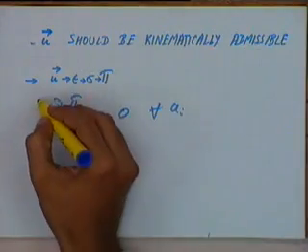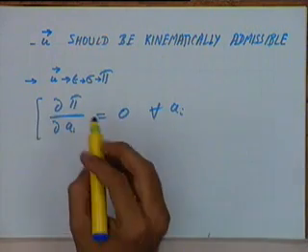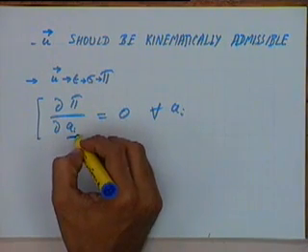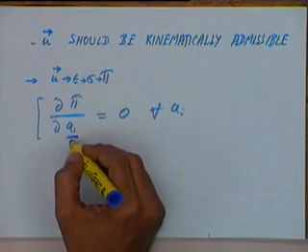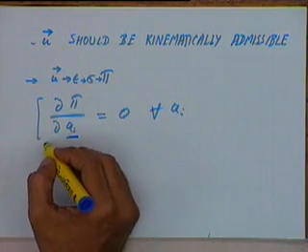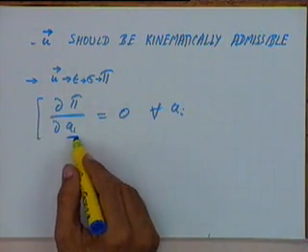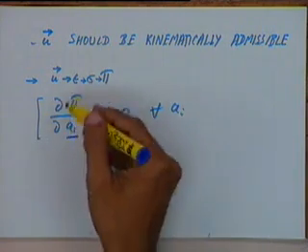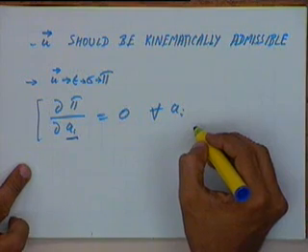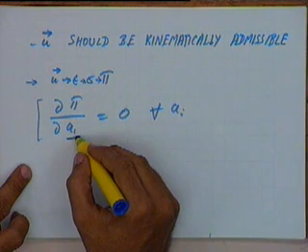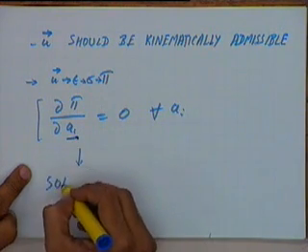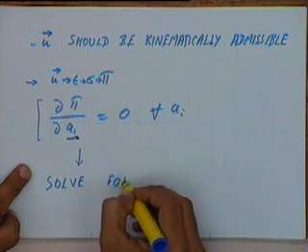But for equilibrium this condition has to be met. Essentially what we are doing is we have to find out the value of these ai's, and we know the expression for pi. Since we know pi, in order to find the ai's, we will get a system of equations from this, and we will solve those equations simultaneously to get the value of ai. So that is the basic procedure we are going to follow. So this is going to give us a system of equations in ai, and from this we will solve for ai.